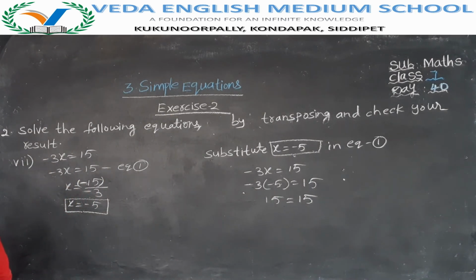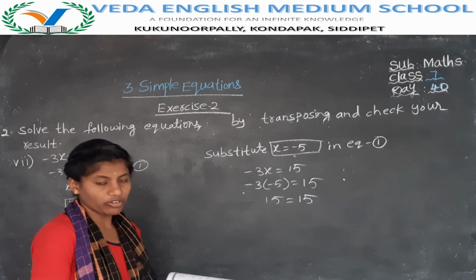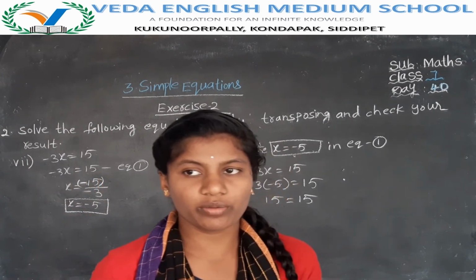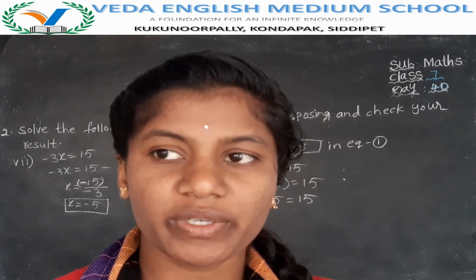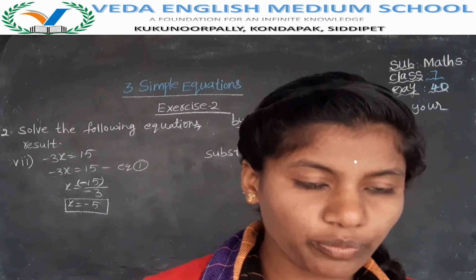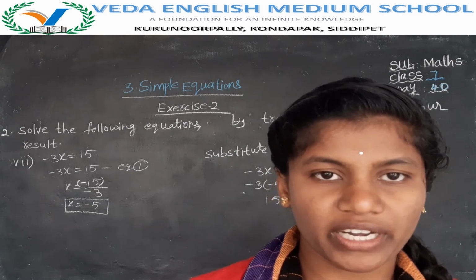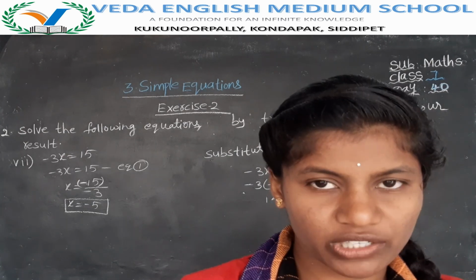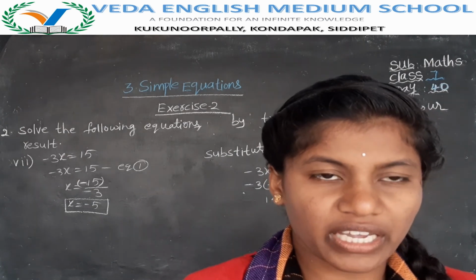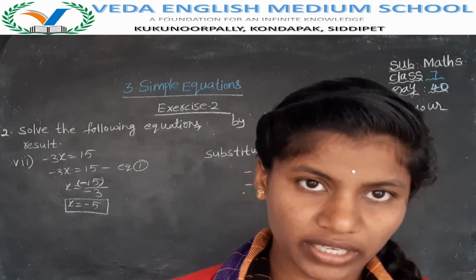I think 4 to 5 problems have been completed out of 10. So all the remaining problems are your homework. In exercise 2, the first bit and second bit are your homework. I hope you have understood this class. If you have any doubts, call me and ask me, I'll explain again. I hope you have understood. So complete your homework. Again we will meet in the next class with another exercise. Okay children?